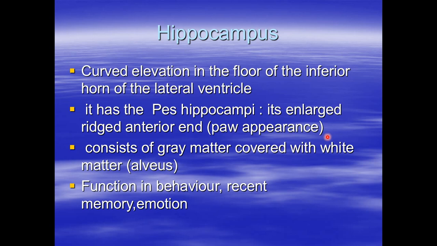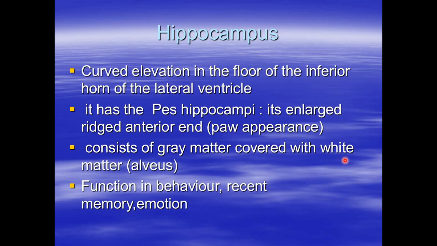On the floor of the temporal horn or the inferior horn, there is an elevation that is called the hippocampus. It has what's called the pes hippocampi. Pes means paw in Latin, like the paw of a cat or a dog. It is an enlarged ridge, and on its anterior end has this structure called the pes hippocampi. It consists of gray matter covered with white matter, and it has a function related to behavior and recent memory